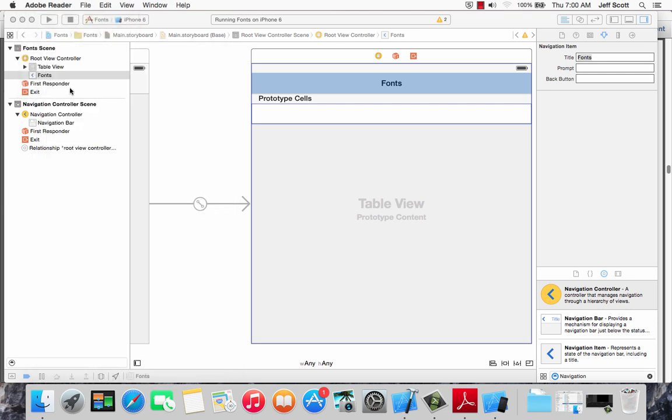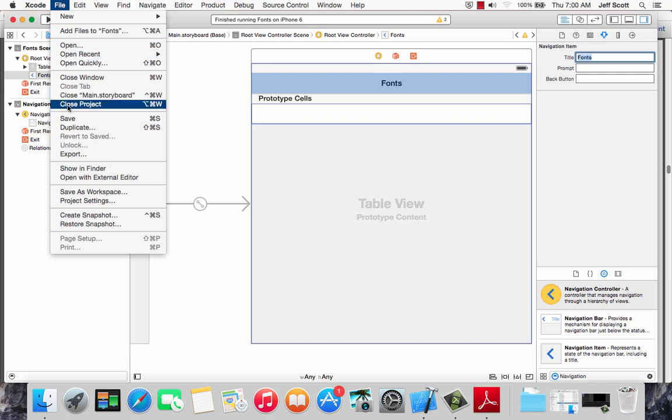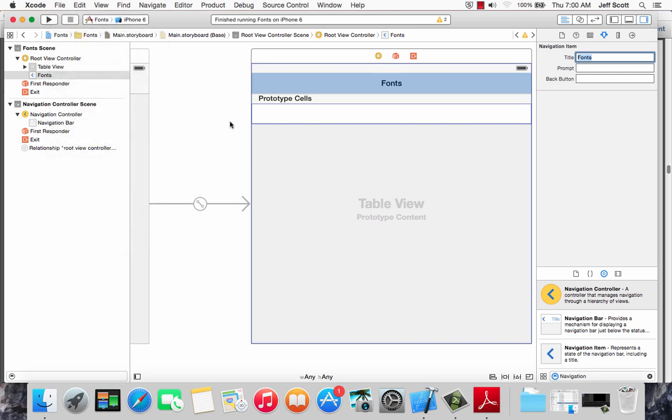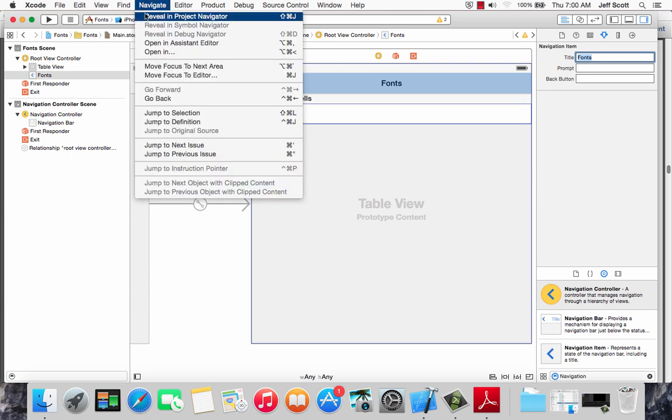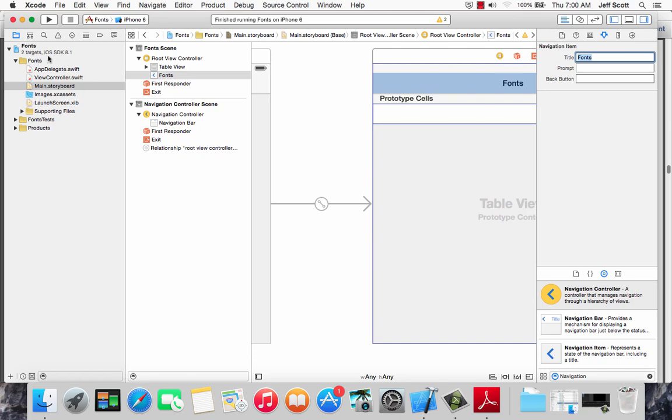It's always a good start. Always good to build this thing incrementally, and it's also a good idea to be saving regularly. All right, so we're told to start by creating a new class. It says select the fonts folder. So we're supposed to come back in here, so I like to do it like this. View, Navigator, Show Project Navigator. So select the fonts folder,